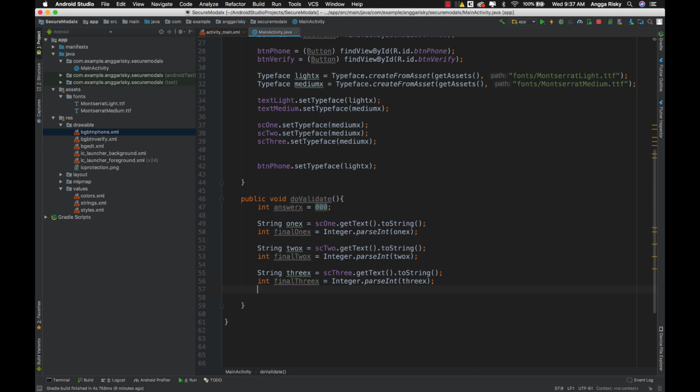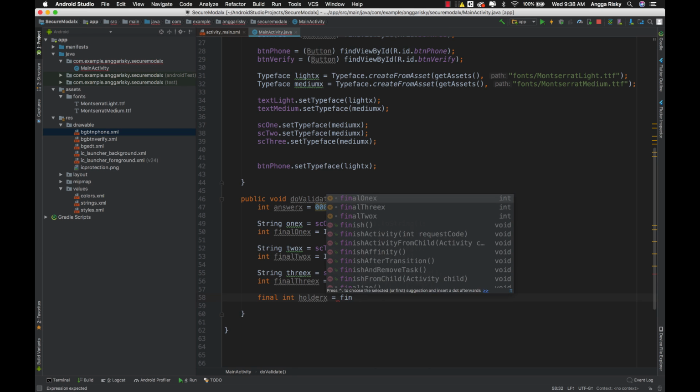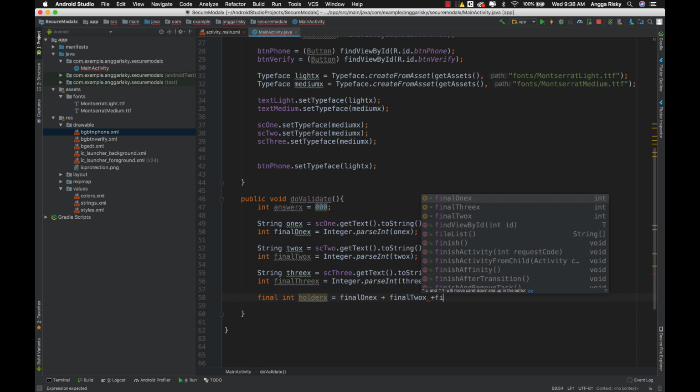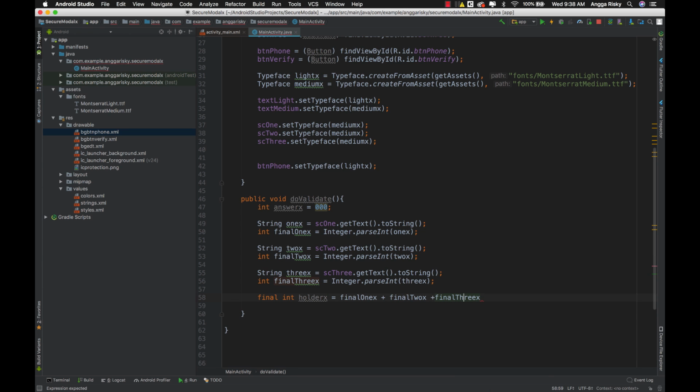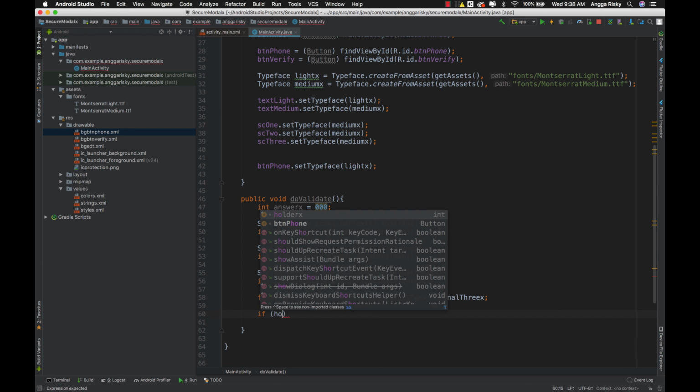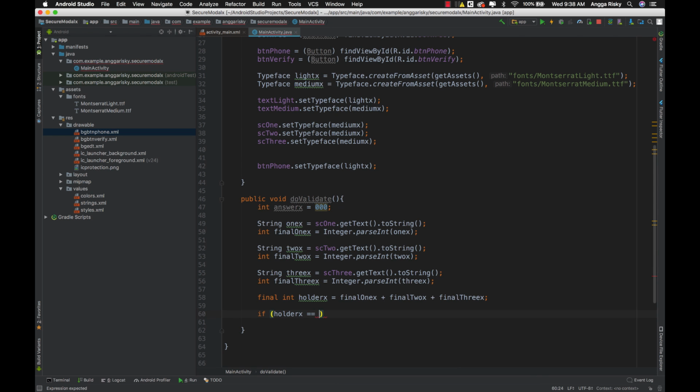Okay. And then here we have to declare another variable, which is holders. Basically the holder is from the final x1, final tux and final tricks.